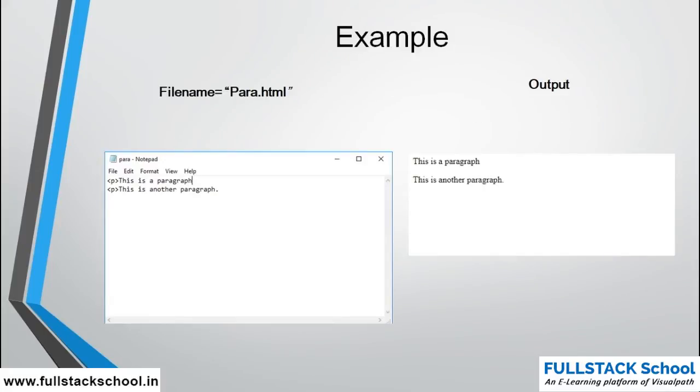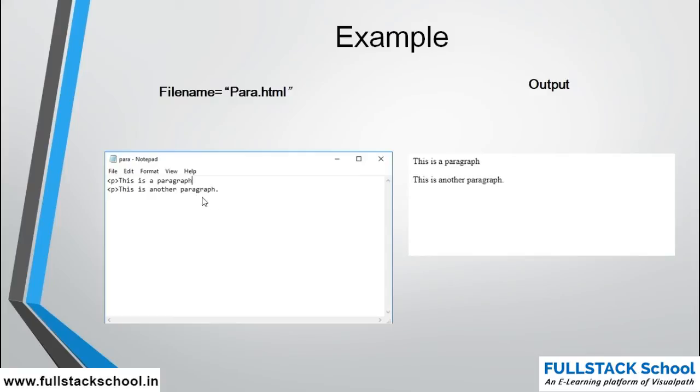For example, we have created the p tag in the notepad: p tag open, then your content. So this is a simple sample content, this is a paragraph. Then again we have written a p tag, this is another paragraph.